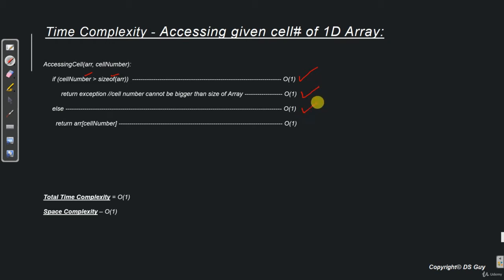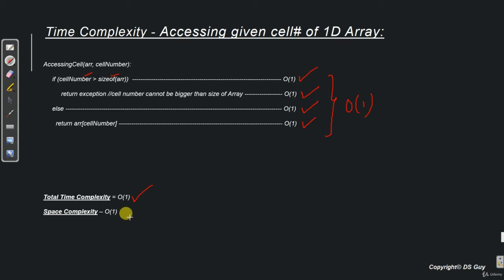The else statement is a constant time operation, and finally returning a cell's value from an array is also a constant time operation. The reason is we need not traverse the entire array. We just have to go to the specified cell number and return its value. Hence it is an order 1 operation. Now if we add all of these 4, we get order of 1. Hence, we can say that the total time complexity of this method is order of 1.